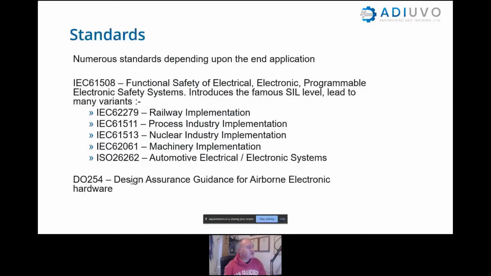So there are numerous ones. I guess the two most popular ones that you're likely to come across as an engineer are IEC 61508, which is the functional safety of electrical, electronic and programmable electronic safety-related systems. It just trips off the tongue, and that's the one that introduces the infamous safety integrity level, the SIL level, and from that there are a number of child standards that have developed over the years for specific implementations. So for instance, there's a railway one, there's a machinery one, a nuclear one, and there's ISO 26262, which is increasingly focused on